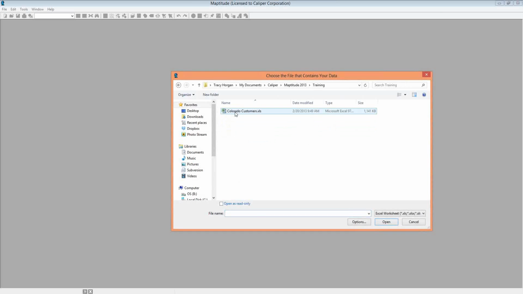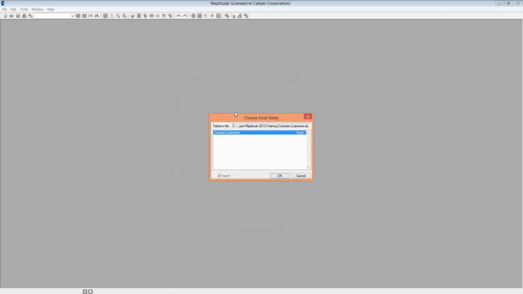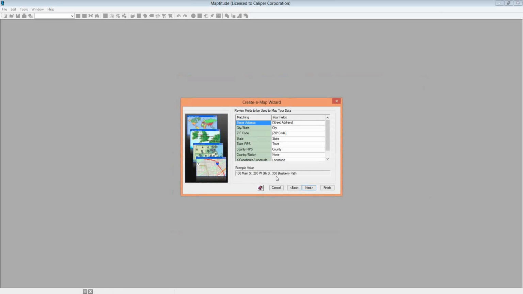This spreadsheet that I have, containing my data, has a variety of information, including customer addresses. I do want to take note at this point in time that if your data includes coordinates, the process will be slightly different, and I'll make note of that. That's just for the first couple of steps of the process. I've identified my sheet that contains my customer information, and Maptitude presents me with the match dialog in